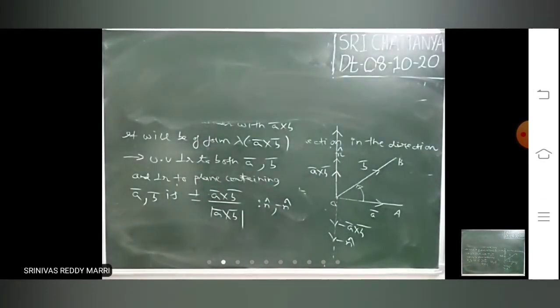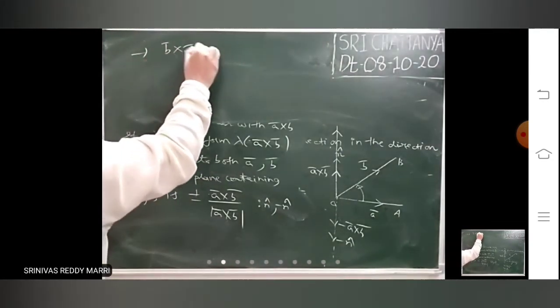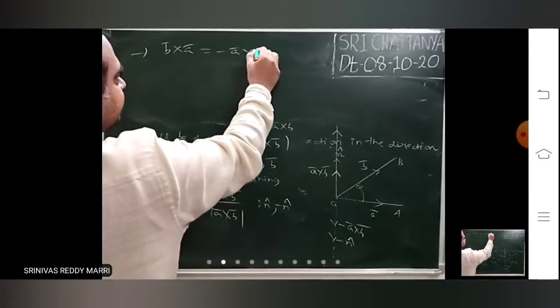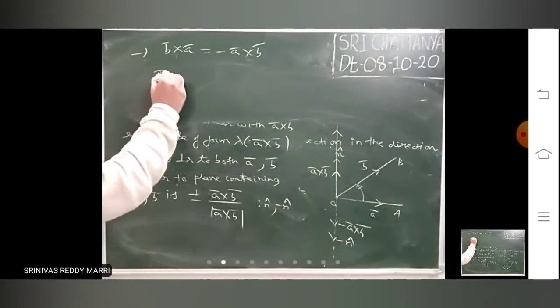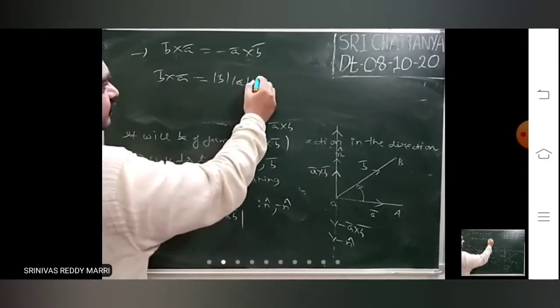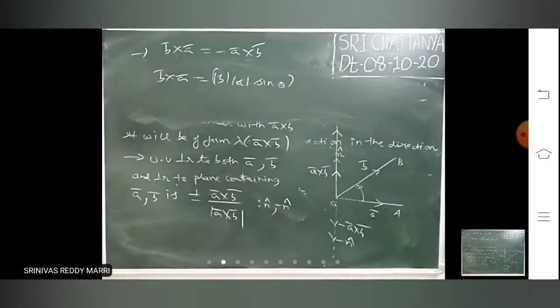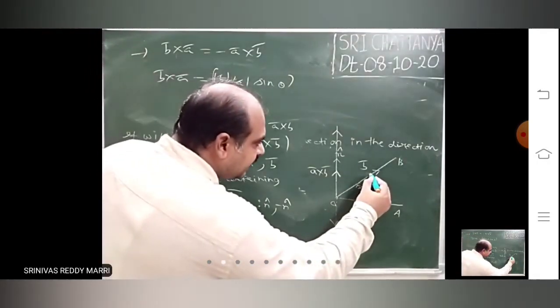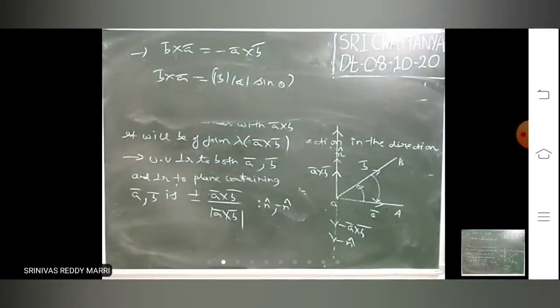Look at the next point. Here in vectors, B bar cross A bar is minus A bar cross B bar. So like dot product, you cannot interchange. In dot product, B dot A is nothing but A dot B. Now here, B bar cross A bar is nothing but modulus B bar into modulus A bar into sine theta. The magnitude will be the same. Now look at B bar to A bar. First vector is B bar, second vector is A bar.